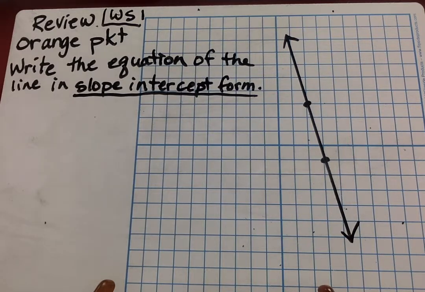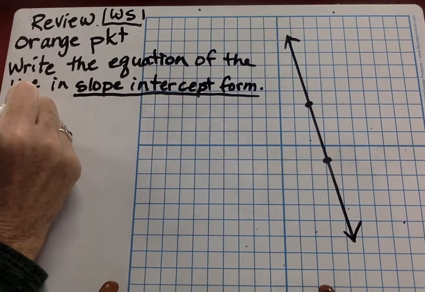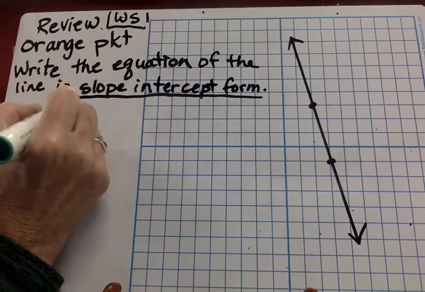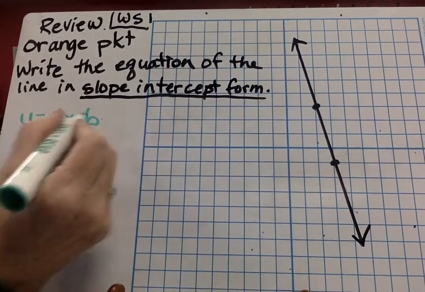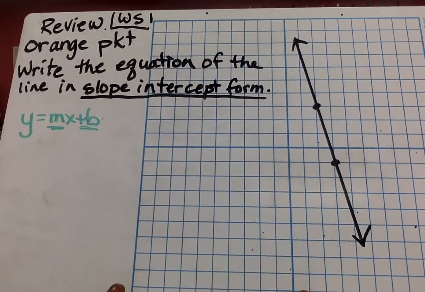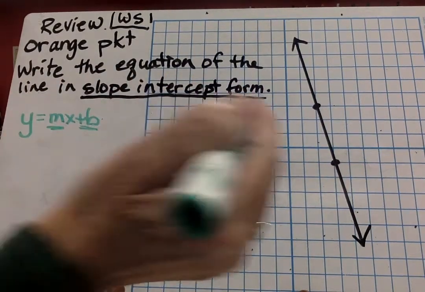So we're going to review this. First of all, the slope-intercept form of a line. Hopefully from the starter you remember that the slope-intercept form is y equals mx plus b, with m being the slope and b being the y-intercept. So if we're going to write the equation of the line in slope-intercept form of this one, first we're going